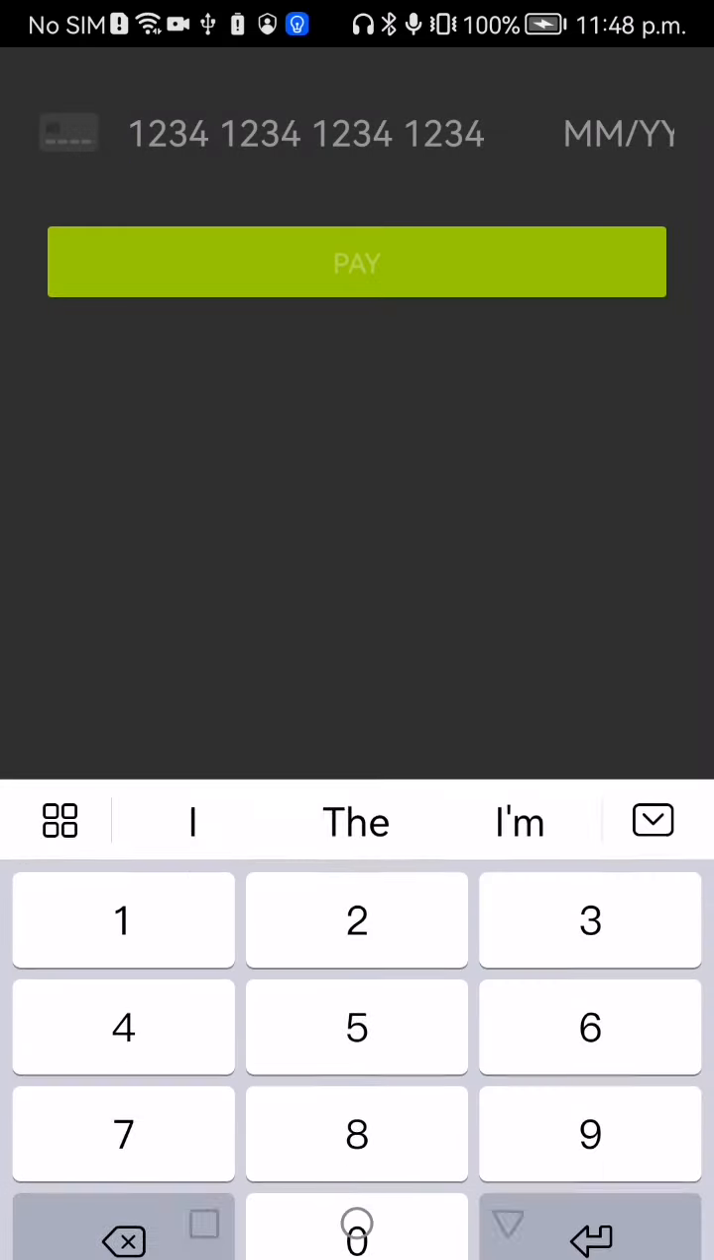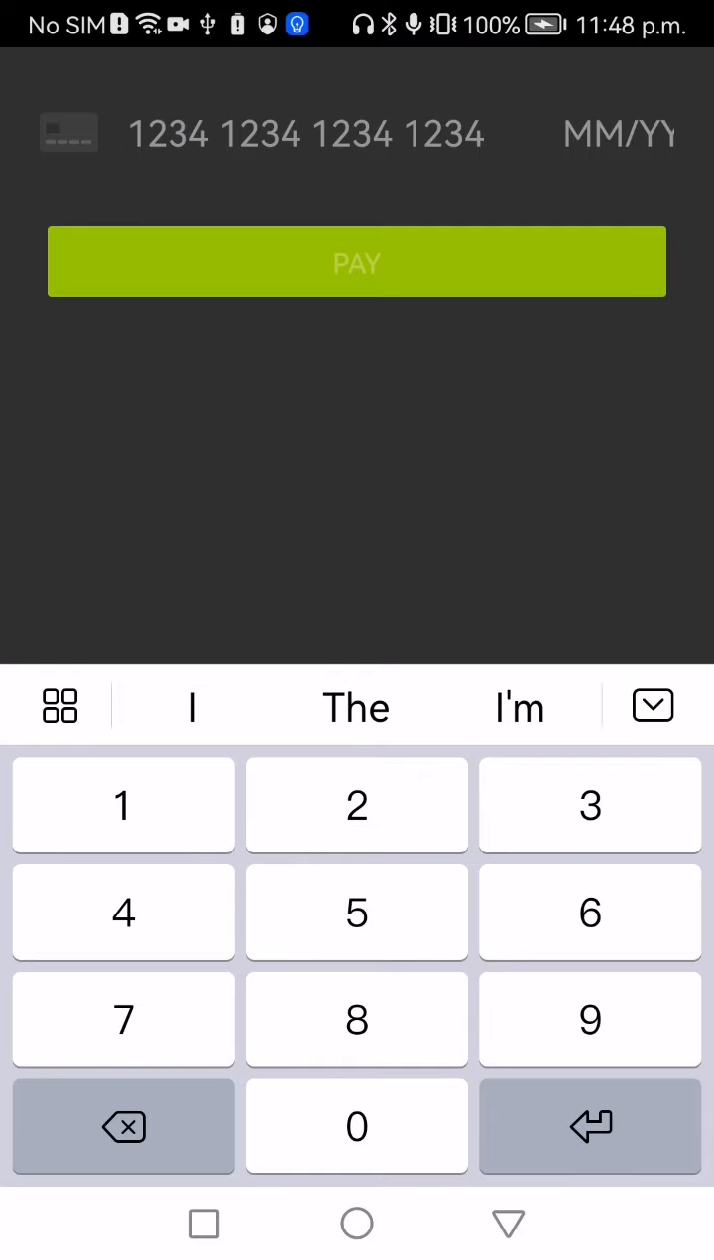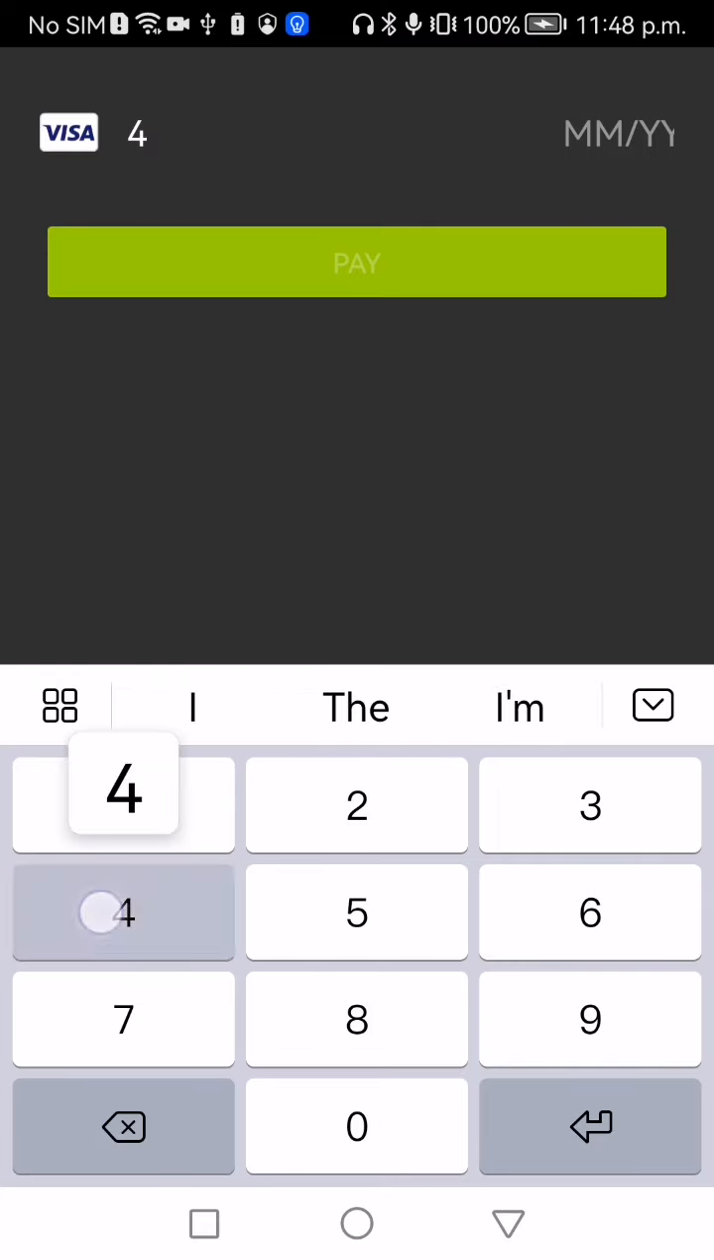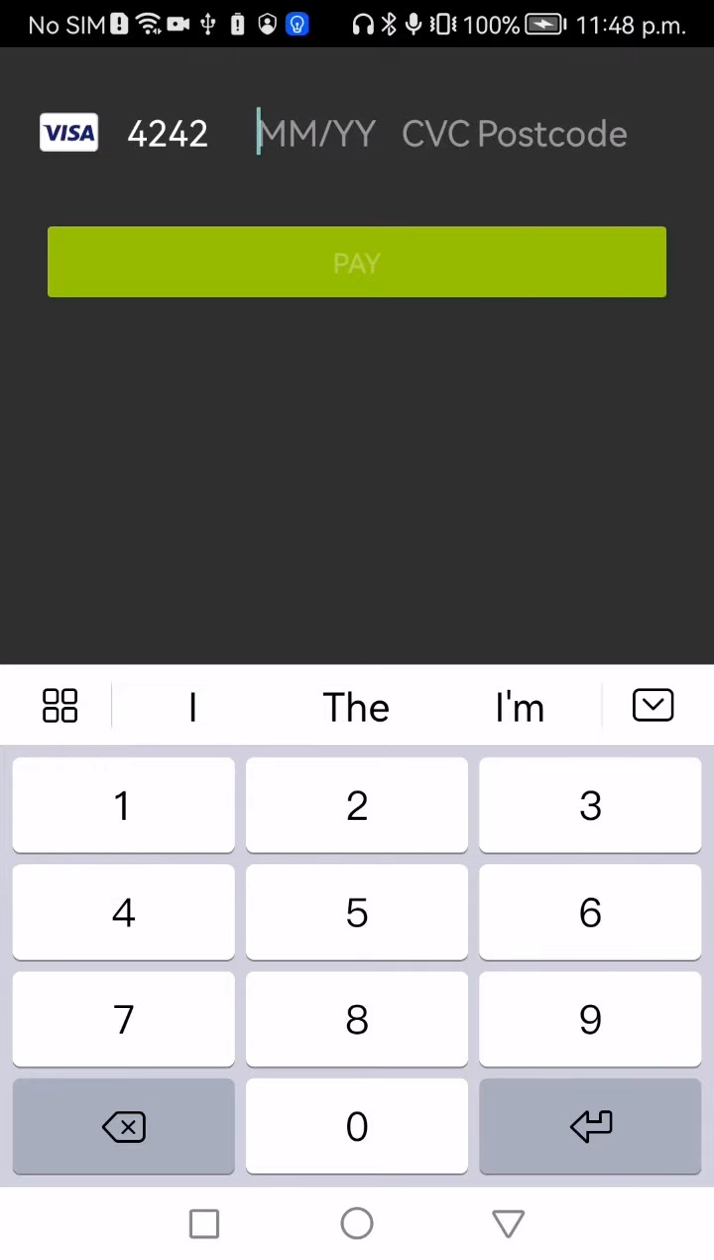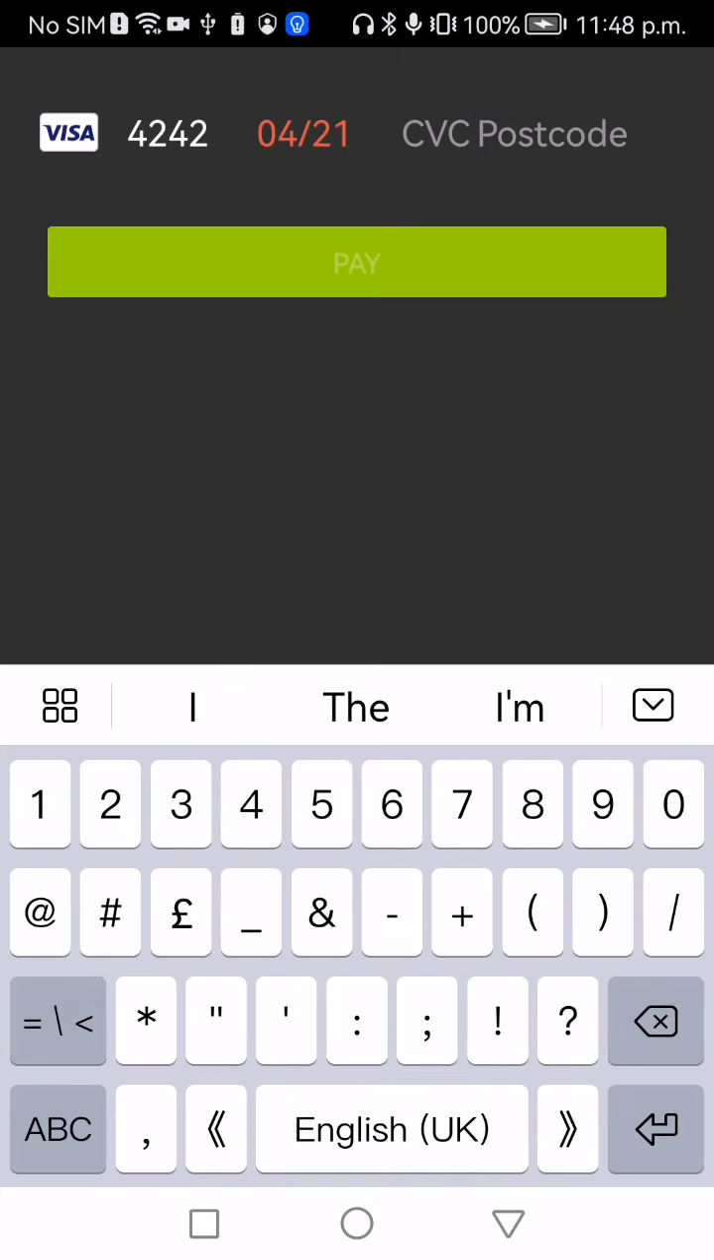And we input the card information to pay this order. This is fake card information provided by Stripe. And input the CVC code. Yeah, that's it. So it should be successful. And if we log out,